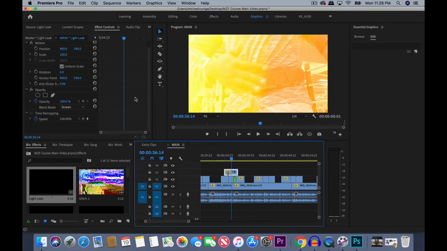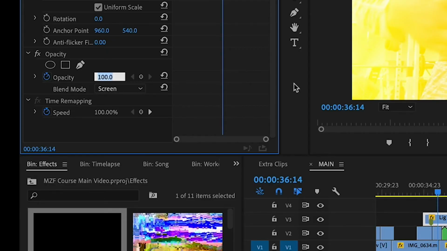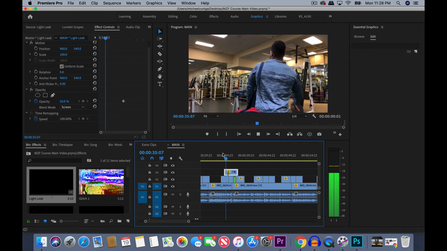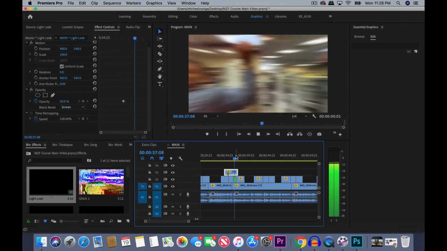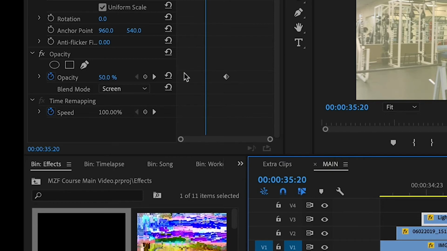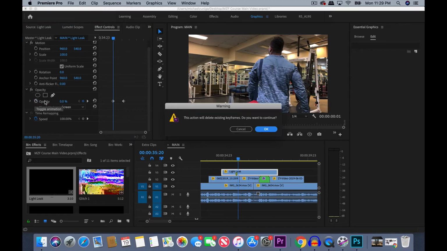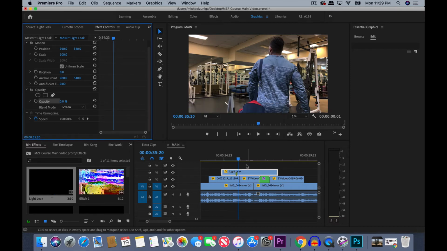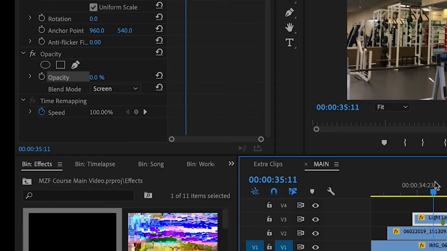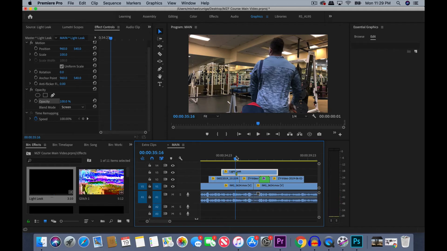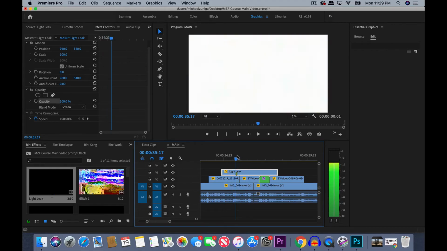Actually, let's bring the opacity down by 50%. Habit of waking up at 4 a.m. to work out. I wake up at 4 a.m. Let's maybe take that off. Click this toggle animation. It'll delete all the keyframes to reset it. And then let's bring the opacity back to 100. 4 a.m. to work out. Let's